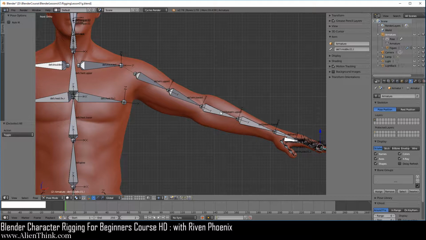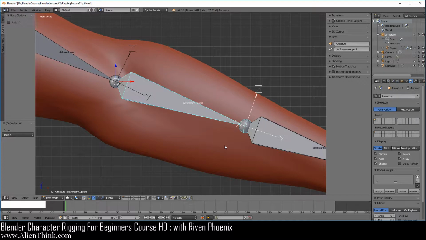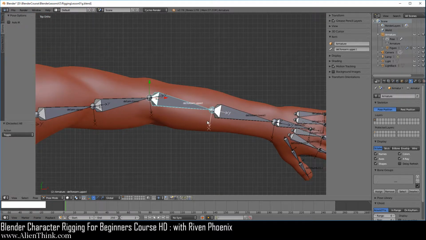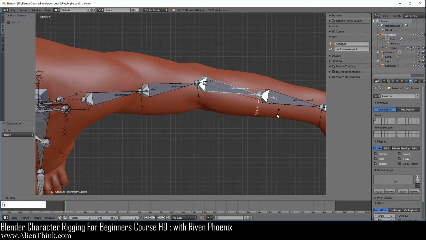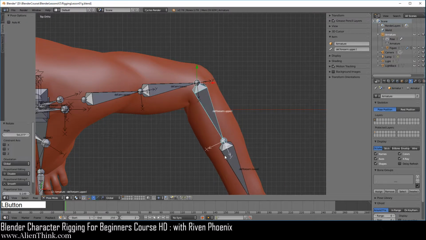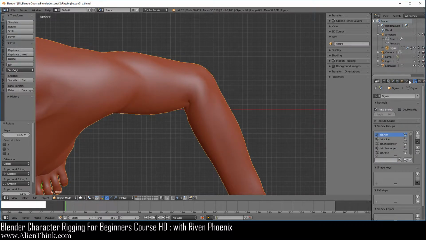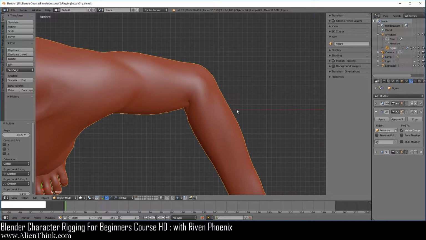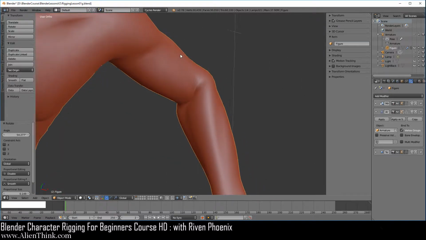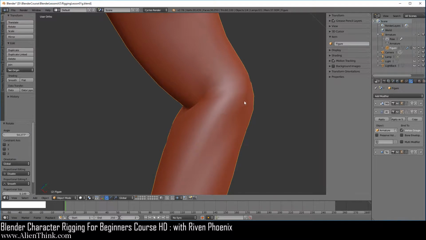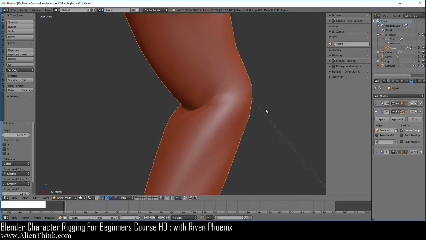Now what I want you to notice is go ahead and click on this bone and press the period key to home in on it, zoom in on it, and press the 7 key. Go ahead and zoom out. Now go ahead and press the R key to rotate this like this, and now click on the armature over here and shut that off, and click on the figure and go to the modifiers tab. Okay, now go ahead and just rotate this. What I want you to notice is how this is deforming, right? We're getting a really nice deform over here.